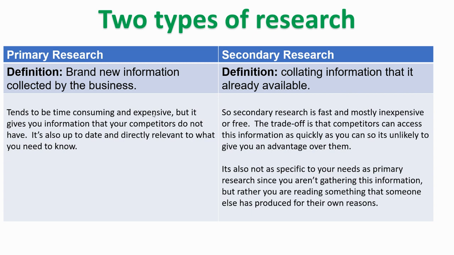Secondary research is very fast because it uses information that's already been gathered. You know, that website is there. Oh, a quick click and I'm on that website. But that website wasn't made for me to help me decide on what products I should sell, for example. So it's not as good as doing research myself. It's not as specific as that. So whilst it tends to be inexpensive, often free, very, very quick to access, the big trade-off is that the competition can see it as well. And therefore, it's unlikely to give you a big advantage over them, because if you can get that information in 5 minutes, well, so can they.